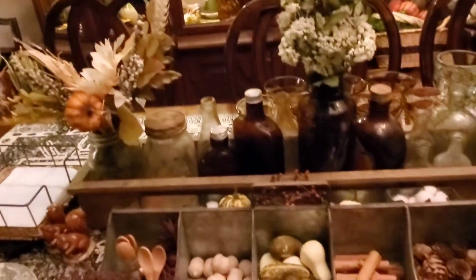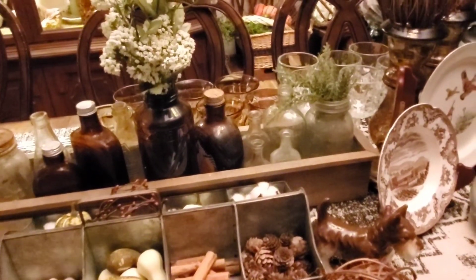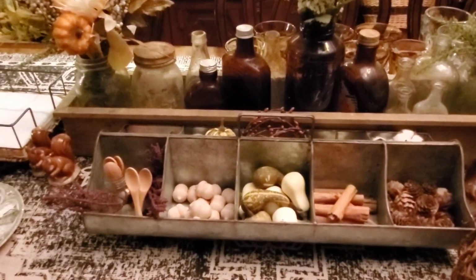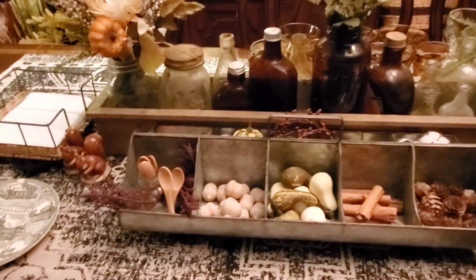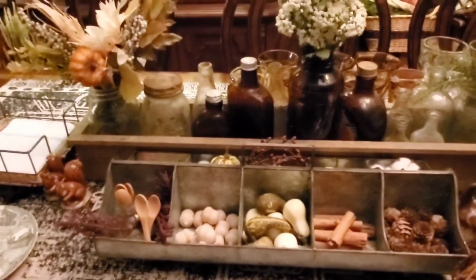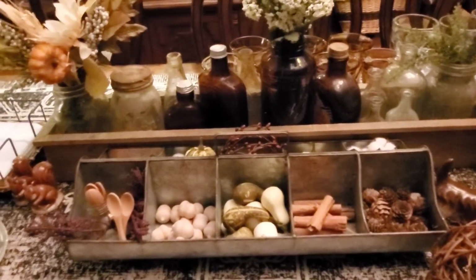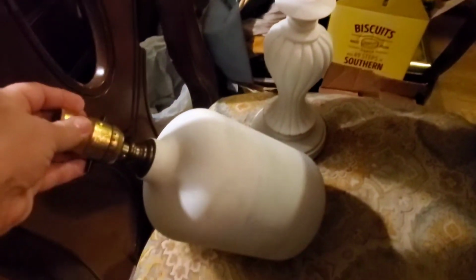But like I said, I could either not decorate because I always have other things and other clutter going on, or I could just go ahead and decorate and enjoy my decor in the middle of my busy life. And that's what I choose. And it's a constant changing, morphing situation here,